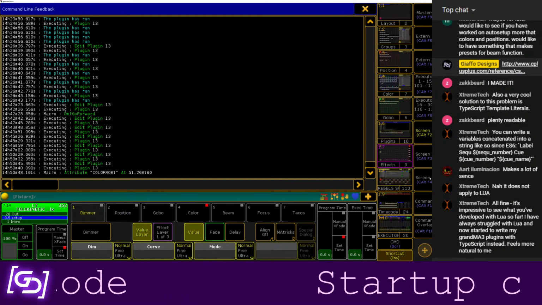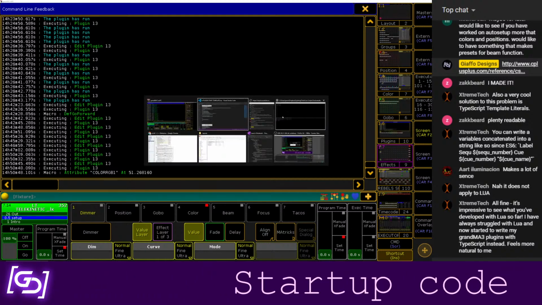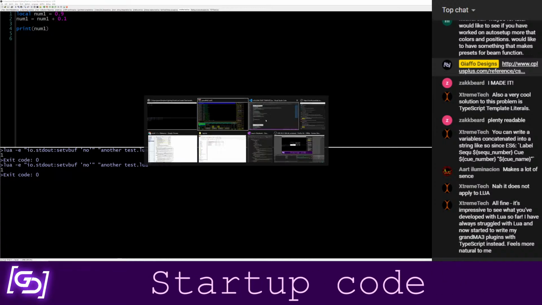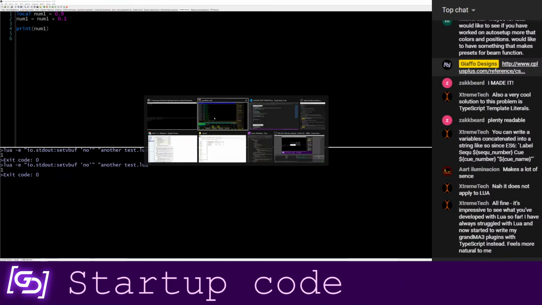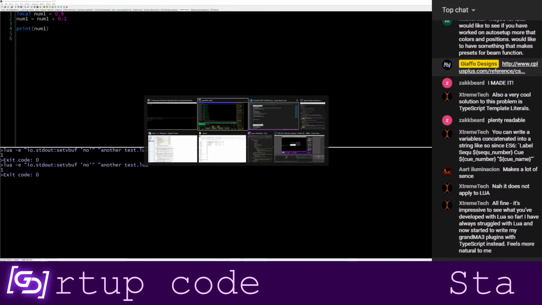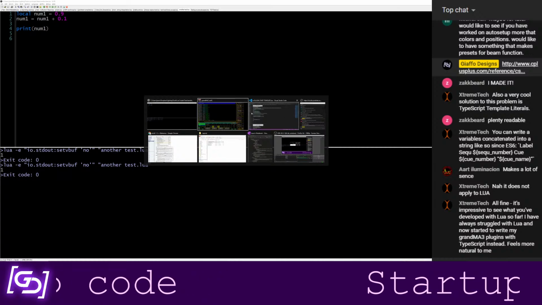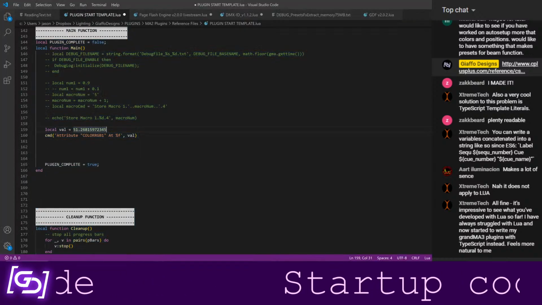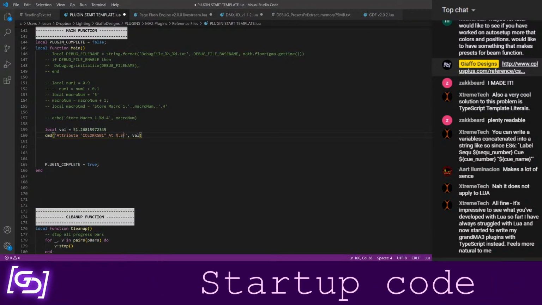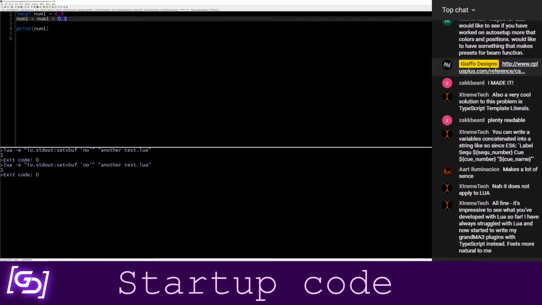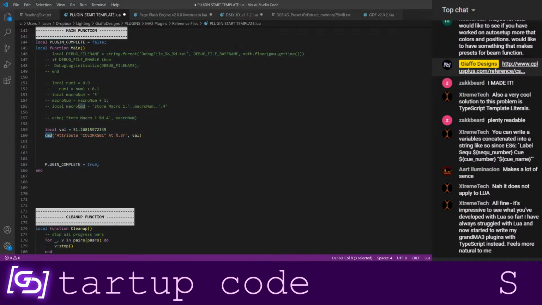So one of the things you have available with string.format is specifying, for example, how many places after a decimal you want it to continue. So if I say 0.3f, now when I run this, I'm going to change this back to echo.